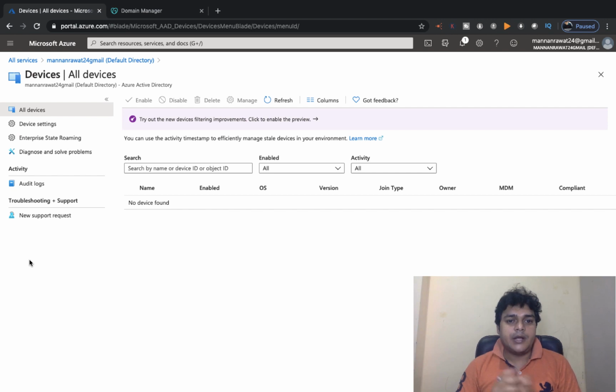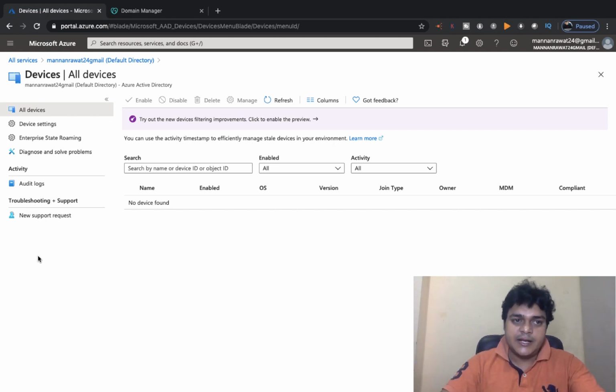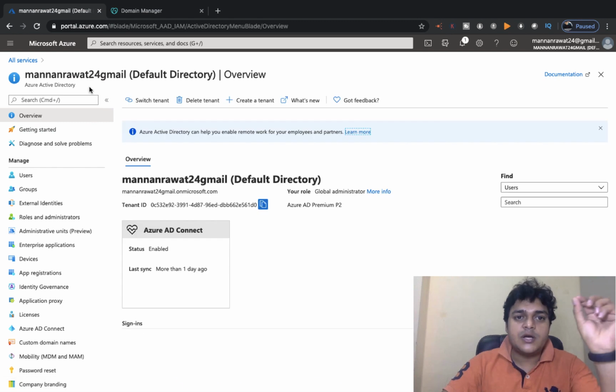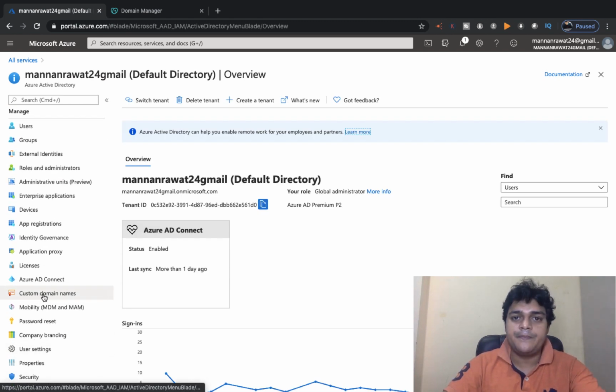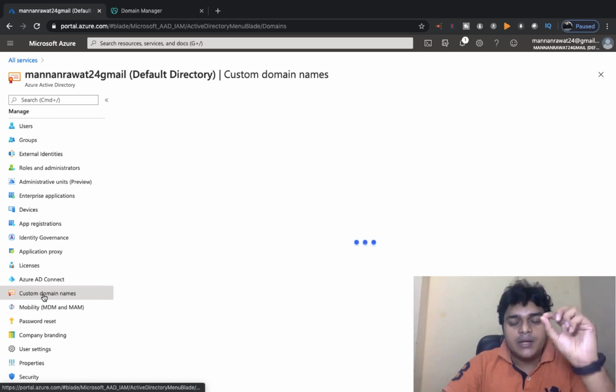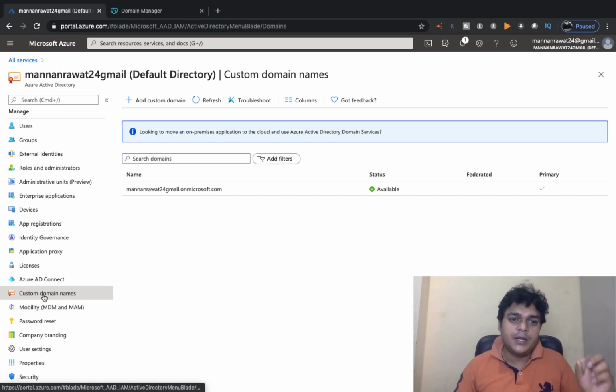There are no devices connected with our Active Directory because we have not associated our Azure Active Directory with any on-premises machine or server. So right now we don't have any devices connected. The first step is to customize your domain, so I'm going to open the custom domain names. When we click on custom domain names, you can see your default domain. My default domain name is